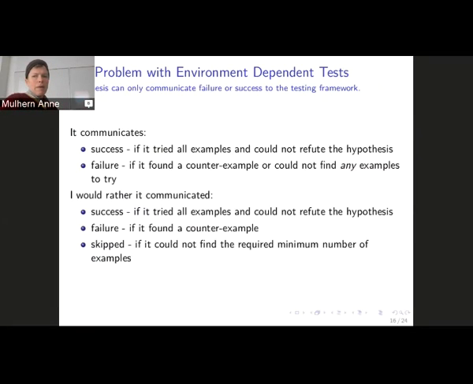If I really tried all the examples I wanted to and all of them passed, then I could record success. If I tried examples and found a counterexample, I could record failure. But if I just couldn't find the required number of examples, then I would say I skip this test. That's the rational thing to be able to do, but it turns out to be kind of hard.